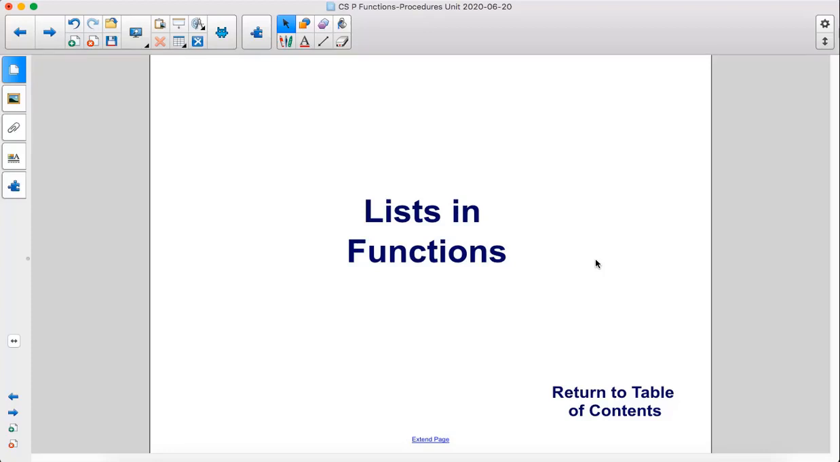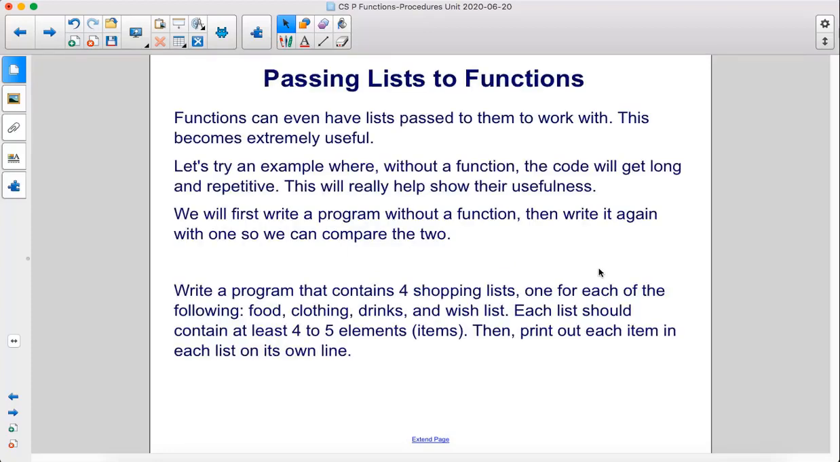Lists and functions. Functions can even have lists passed to them to work with. This becomes extremely useful. Let's try an example where, without a function, the code will get long and repetitive. This will really help show their usefulness. We will first write a program without a function, then write it again with one, so we can compare the